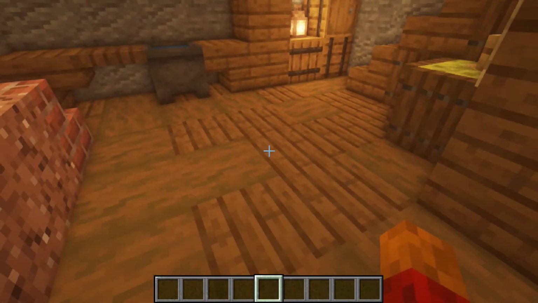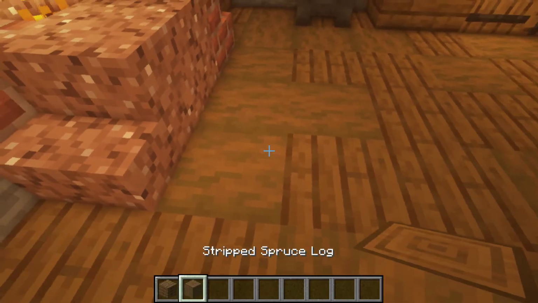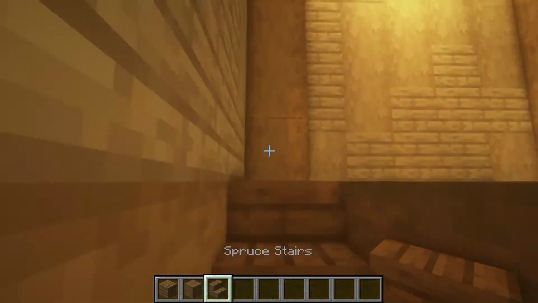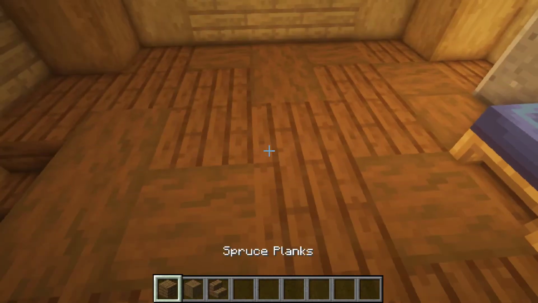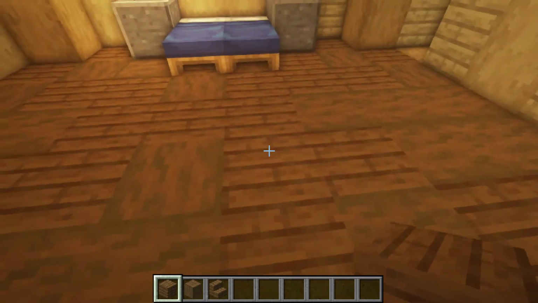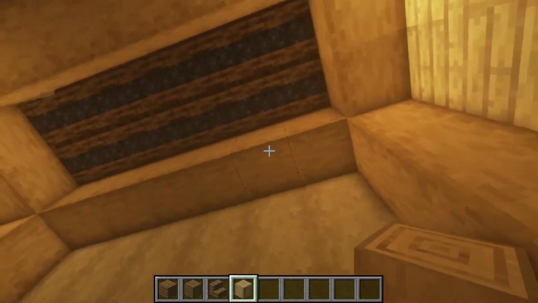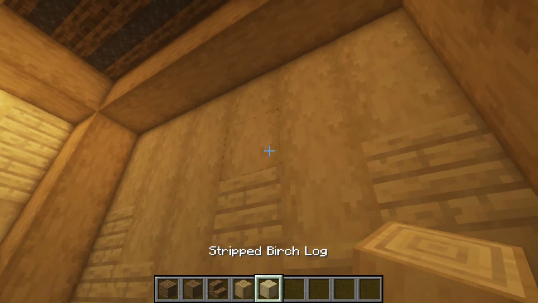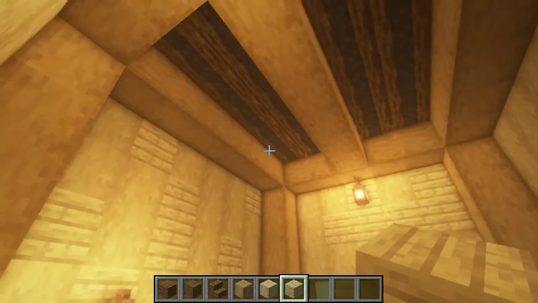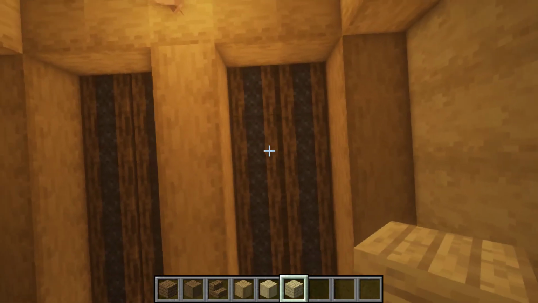We are using a bunch of different woods here. So this is spruce and stripped spruce on the bottom. I think that's spruce stairs. And then you come up to this level, and you still have the same dirty-looking floor with the planks and stripped wood. But then you have stripped oak for the beams, and then stripped birch and regular birch for the walls. Yes, we are going all out. We're breaking out all the stops on this. We even have in the rafters these,